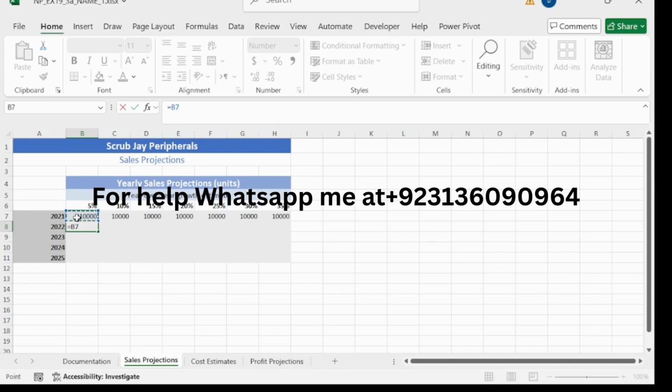So multiply this by B6 and then add the value in cell B7, select B7 plus B7 and use a mixed reference for cell B6 by including an absolute reference to row 6.